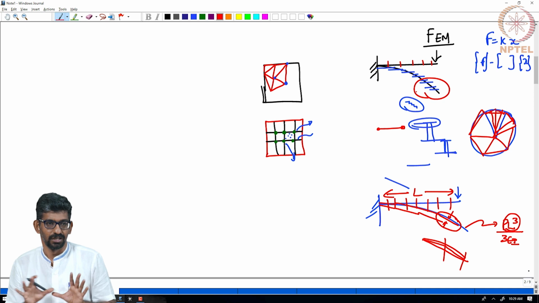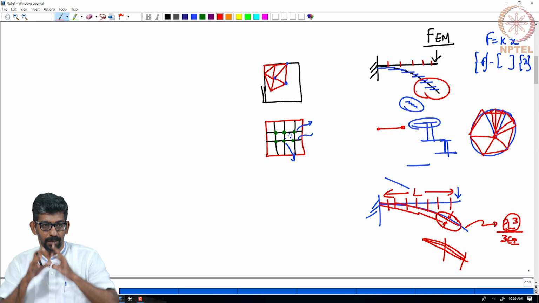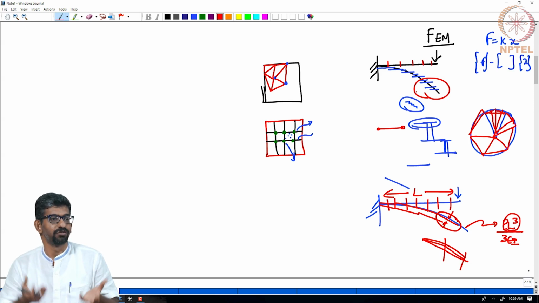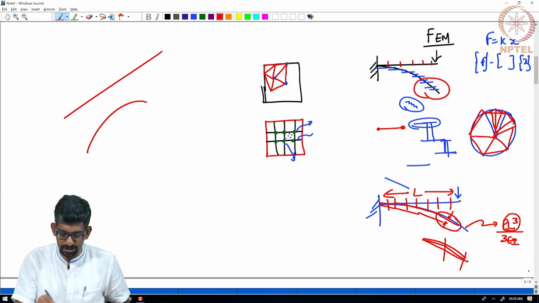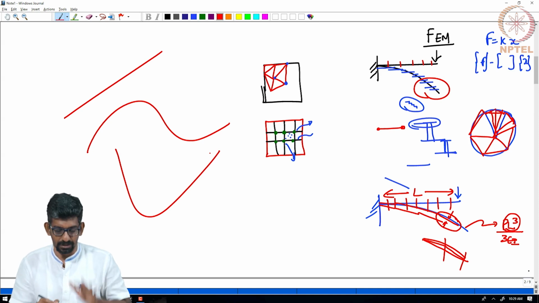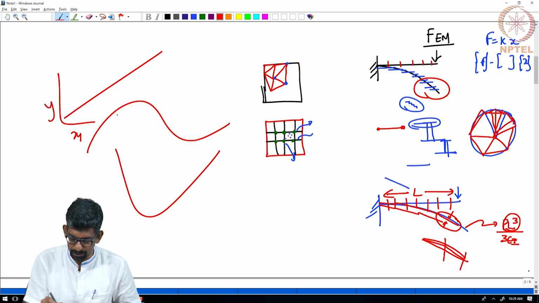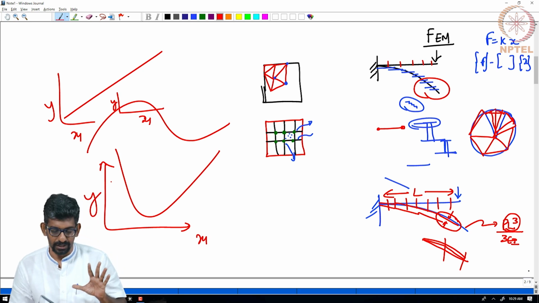There is always a debate on all those stuff, but the idea that I wanted you to appreciate here is you are trying to approximate a shape. That is exactly what we are trying to do in the meta models also. So, there is a shape and you are trying to model the shape. This shape could be like this, or this shape could be like this. You want to model these, x1 and y. The only point is you do not have these here, you are only creating by interpolation, you do not have this curve.